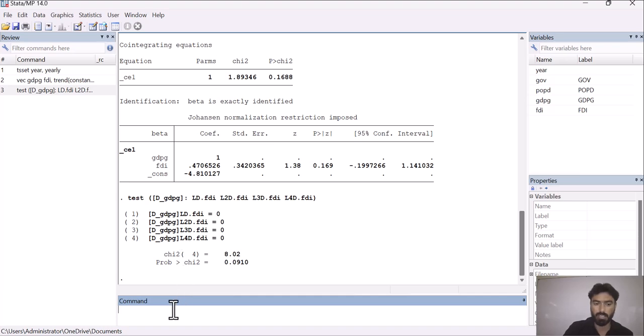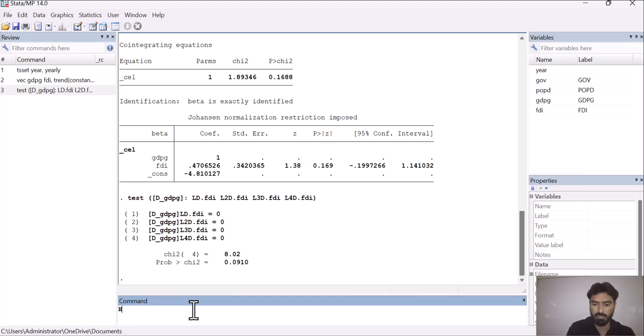So what is the guideline for accepting or rejecting this? If the probability value is less than 0.05, we have to reject the null hypothesis. But in our case, the probability value is greater than 0.05, which means that we have to accept the null hypothesis, and it means that there is no short run relationship between these variables.